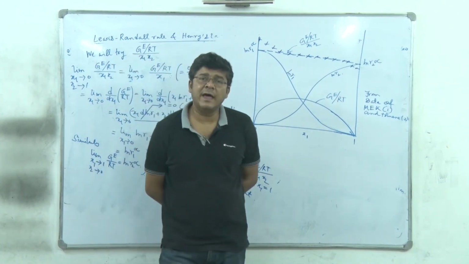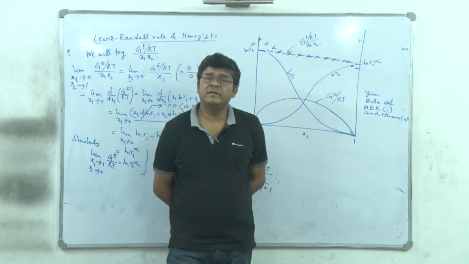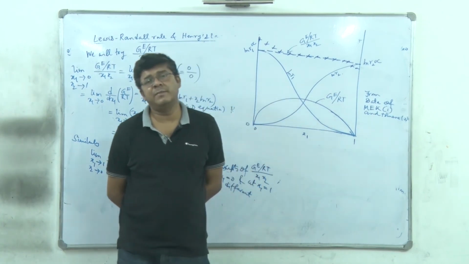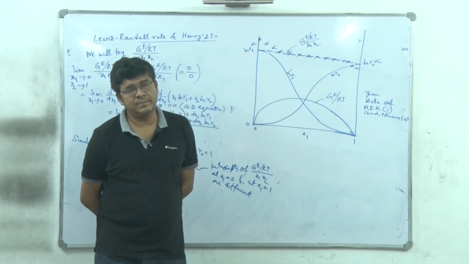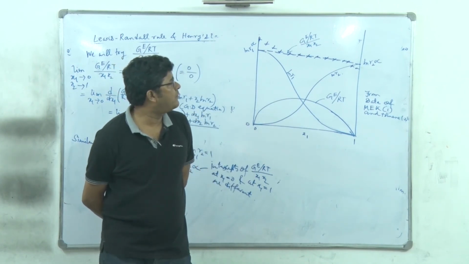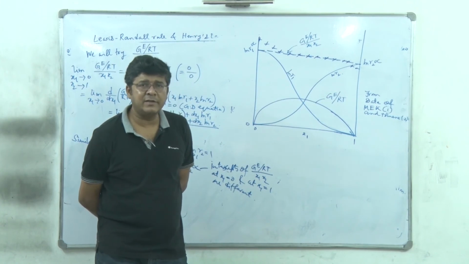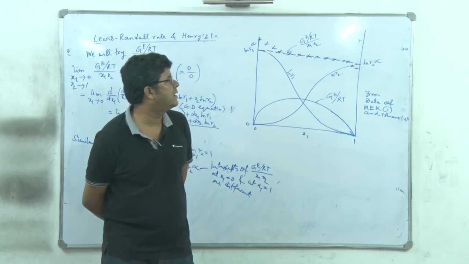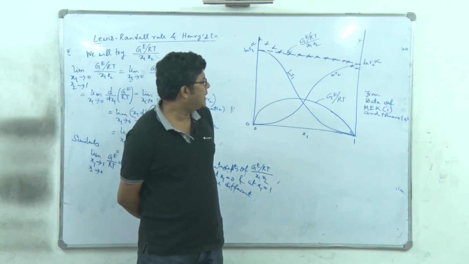And what will be the background? The background is G by RT is nonlinear with x1 even for the very simple close to ideal system, right? However, for many binary systems, G by RT divided by x1 x2 is close to linearity, right? Next is